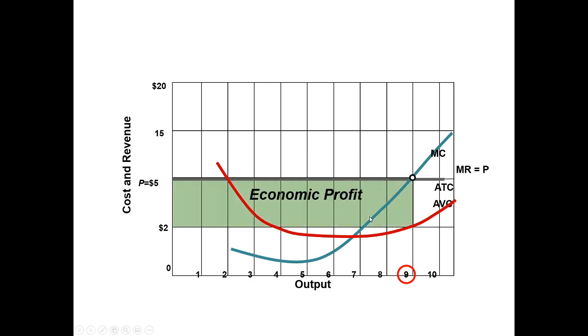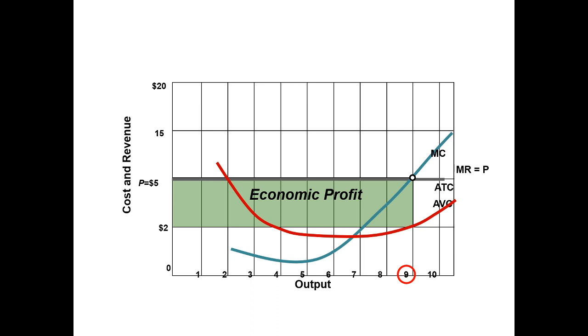And you can see that here. Whoops. This is the area left. This is the area of total revenue left after I paid this part down here in my cost. So this is the economic profit for the firm. It's the area above ATC and below the MR. That space there is your economic profit. So in this case, the firm would produce 9 units, and they would make an economic profit